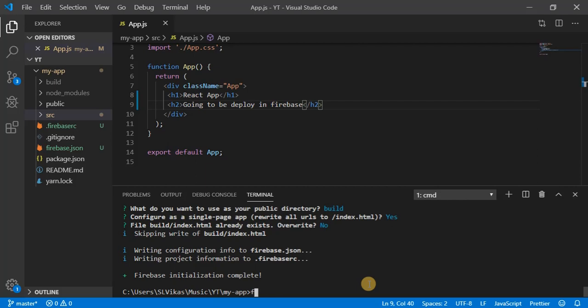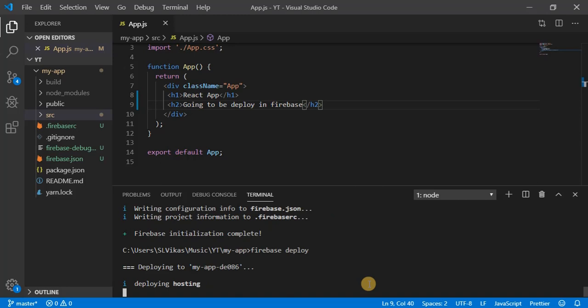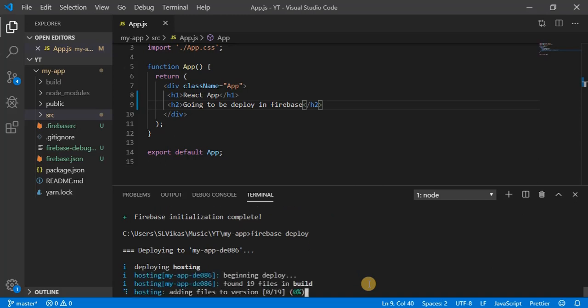Next command, what we have to do, firebase deploy. Okay, so click on firebase deploy. So your setup is already done, and now it will deploy your code to Firebase.